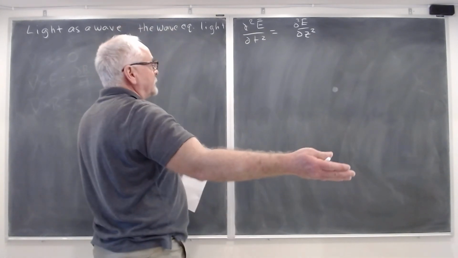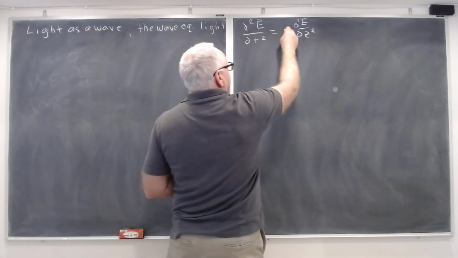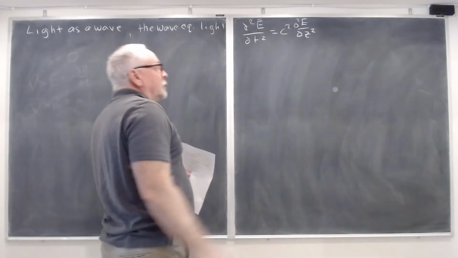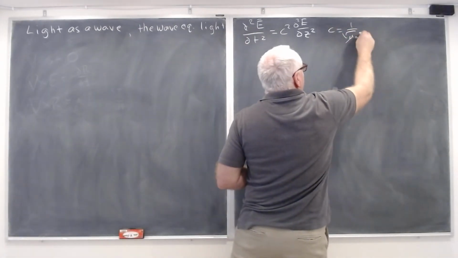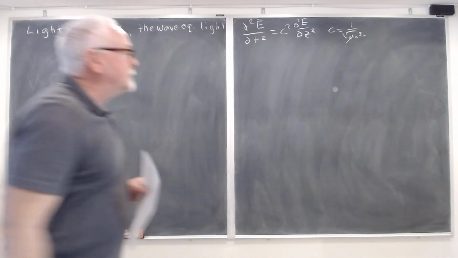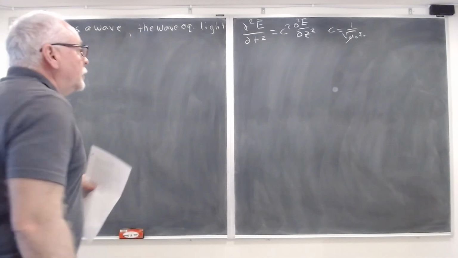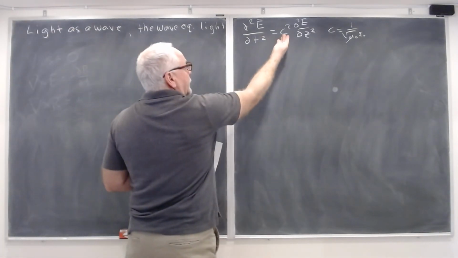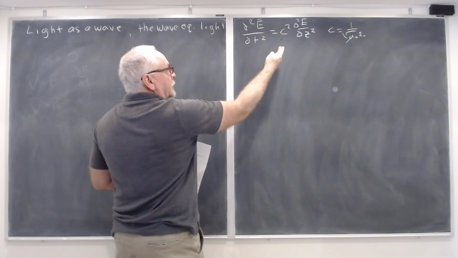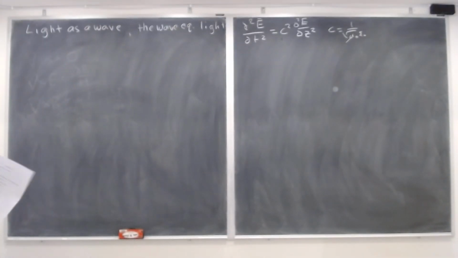And the way I've always explained how you figure that out is that you look at the units and you figure out that I should put c squared here, where c is 1 over the square root of mu naught epsilon naught. And that comes from Maxwell's equations. So you can see from the units there that since c is velocity, that's meters squared per second squared, and you get the right units out of it. Now,